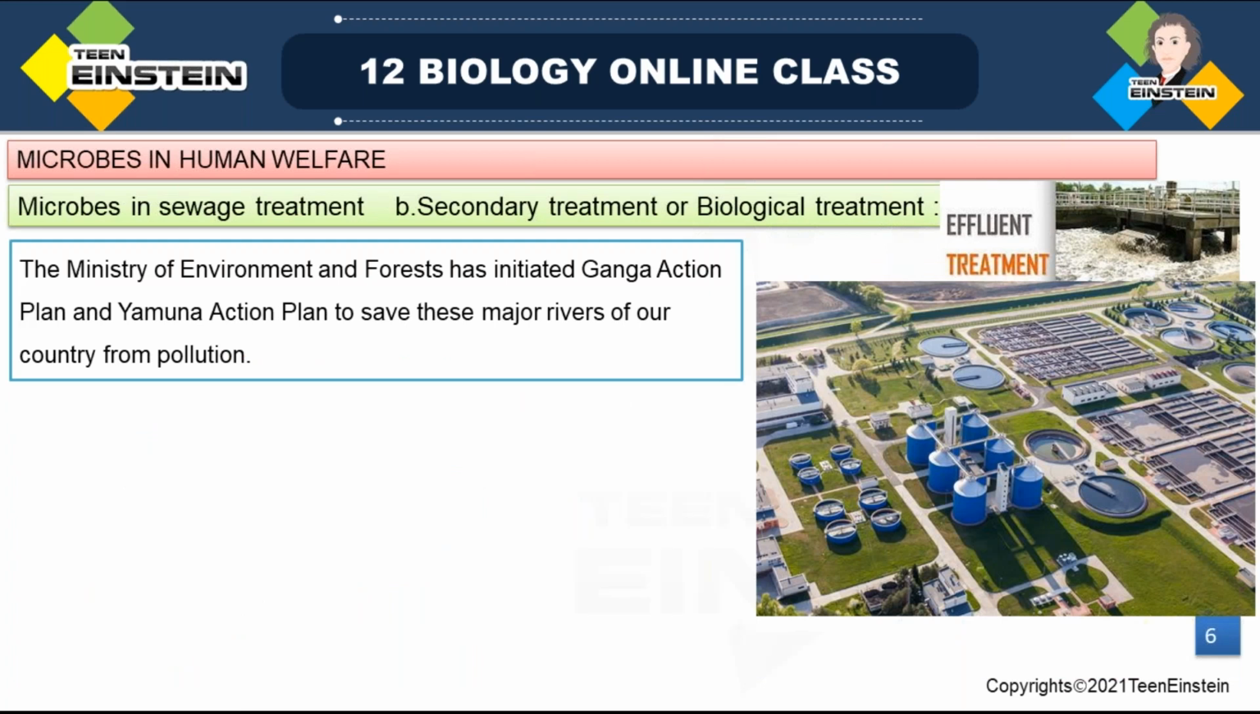Then see, now you know how these microbes are playing a very good role, or their major role, okay, in wastewater treatment. So these practices are going on worldwide. They are taking these steps. So they are using these technologies in the treatment of sewage. Okay, then